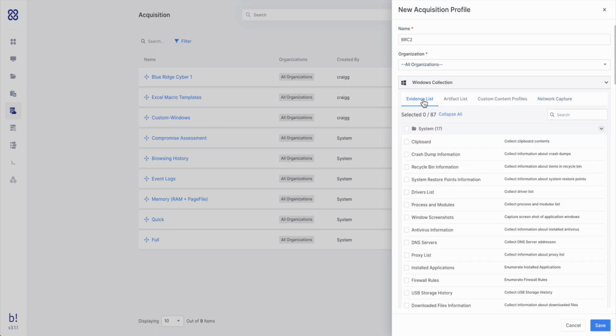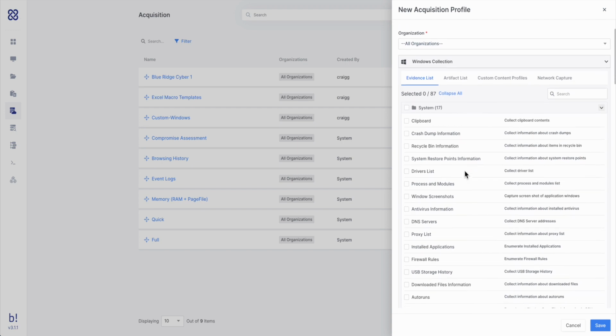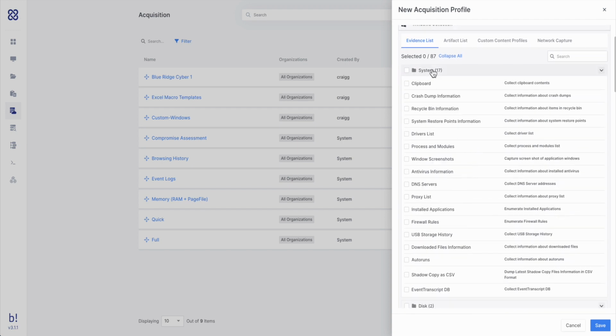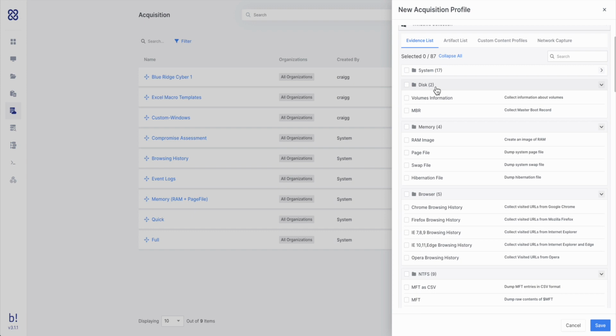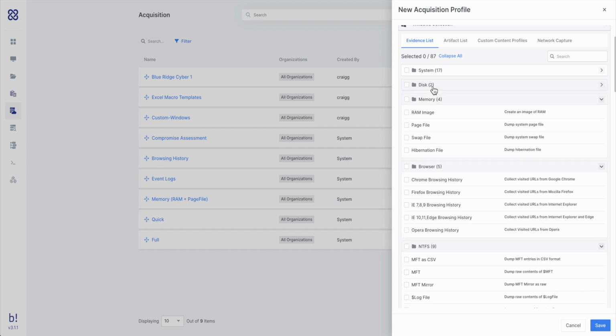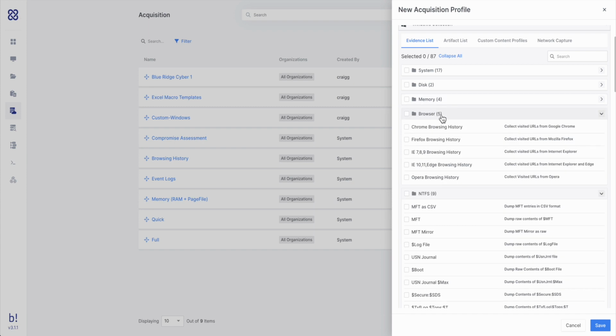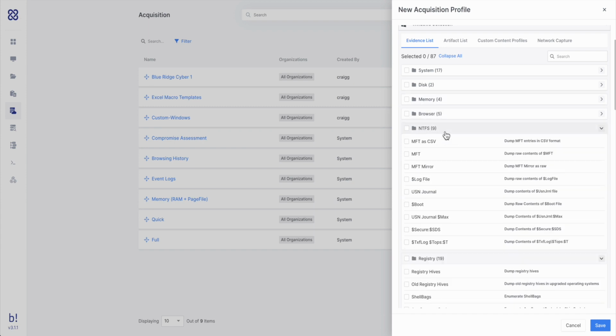If I start with evidence list, I can collapse each of these individual categories and share with you exactly all of the categories that we collect from today. This includes your system artifacts, disk level information including the MBR, memory information including the Hyperfil, major browsers including Chrome and Firefox,